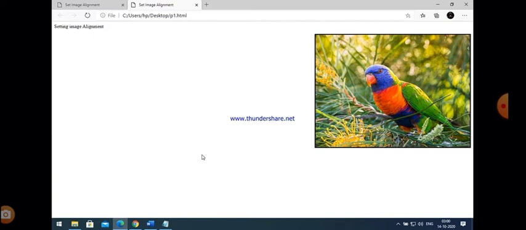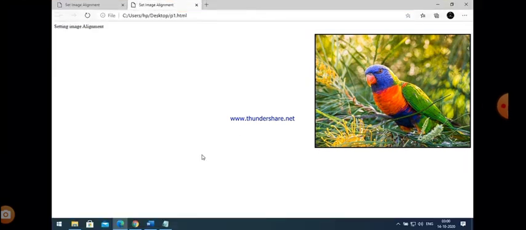First of all, you can easily see on the screen right alignment is there. Then the second important thing is that there is a border of the image. Okay, border image also there. So you can easily see that, and we just give a paragraph with the image tag, and within the paragraph I just write a line, setting image alignment, so that will also be displayed. Now you can easily see here that is the output of our program.